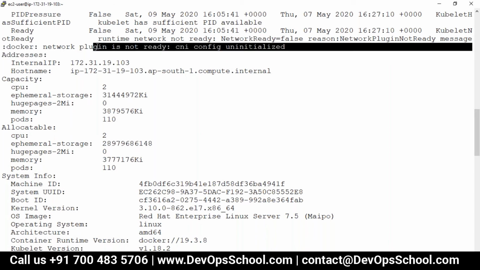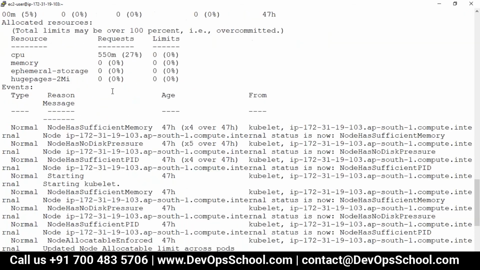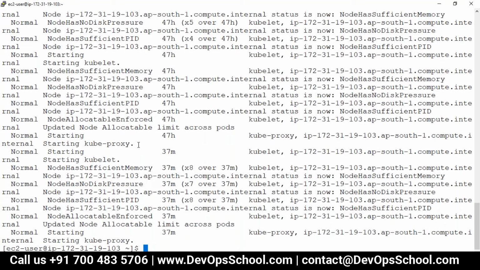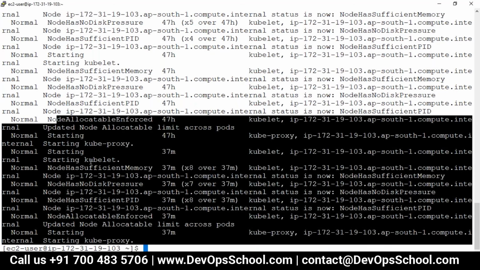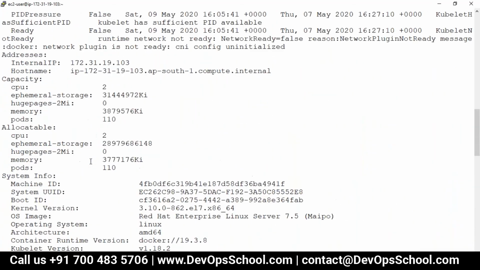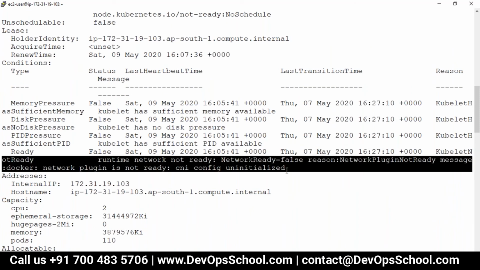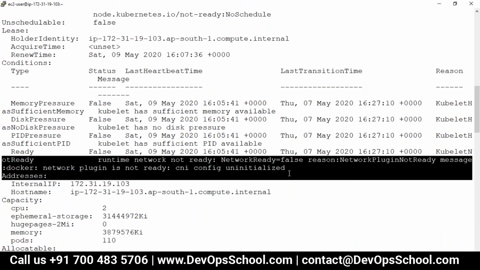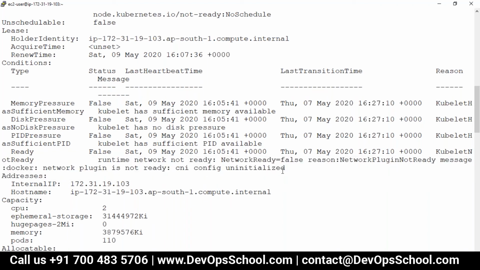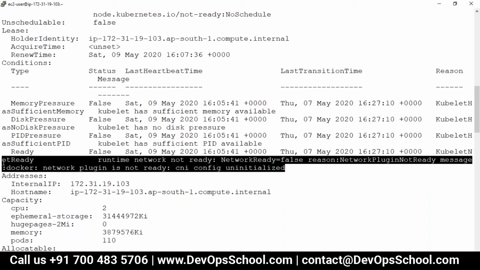Okay, that is okay. Can I go further? If I go further, everything is okay. So for me everything is okay, but here something has not happened. I just described the node and the node is not ready. So what is this error all about?